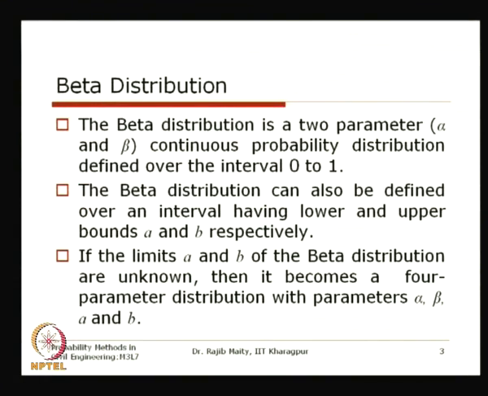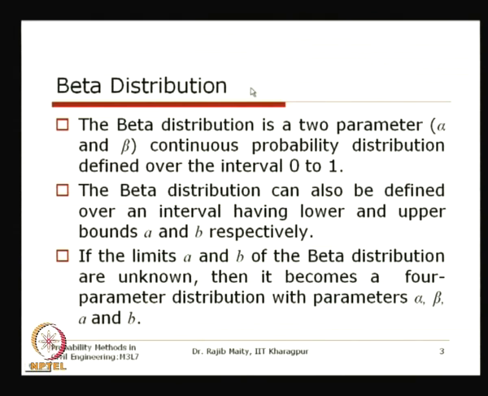Basically, today's lecture we are starting with those distributions which were not covered in the previous lecture. So, we will start with the beta distribution. This beta distribution is basically a general case of the uniform distribution. There is a similarity between the beta distribution and the uniform distribution, in the sense that both distributions have specific bounds, both a lower bound and an upper bound. We have seen that there are some distributions which are not bounded, in the sense that the support is the entire real axis, for example the normal distribution,